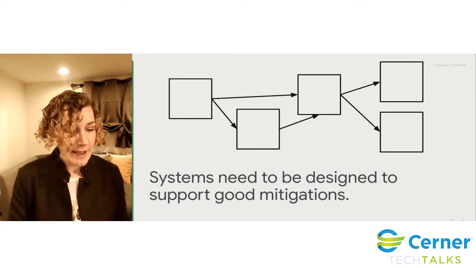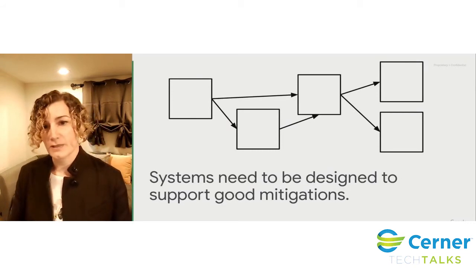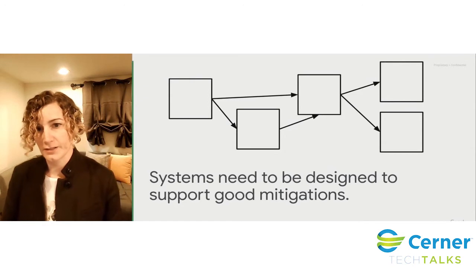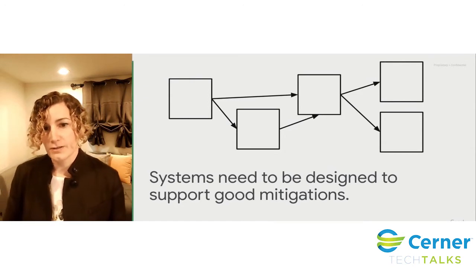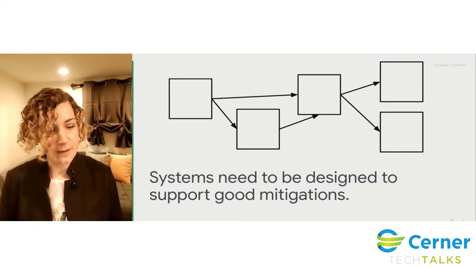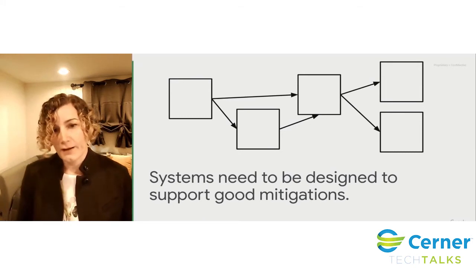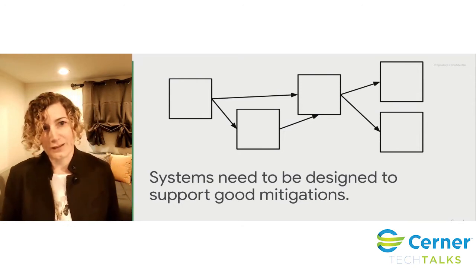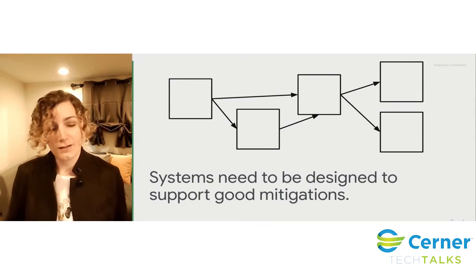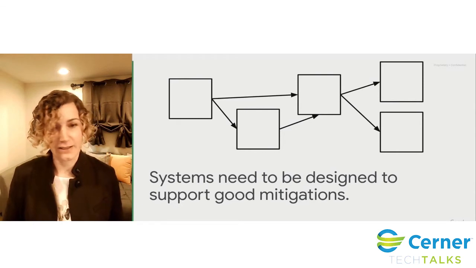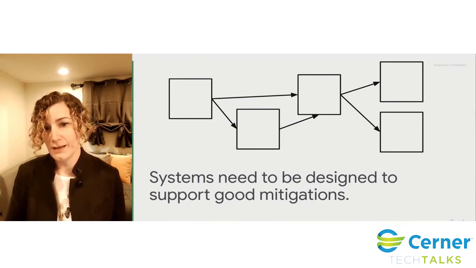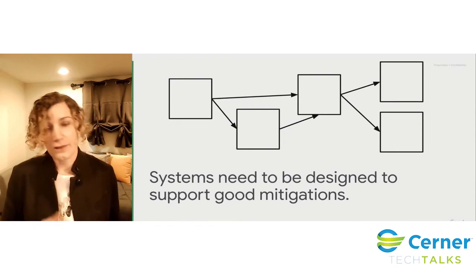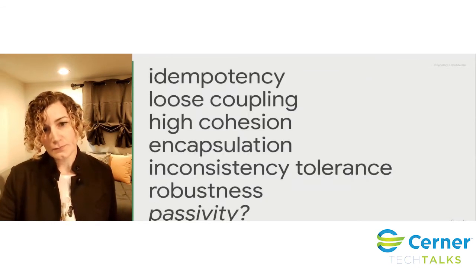Now, the bad news I have is that I do believe systems need to be designed to support good generic mitigations. I think it's really hard to tape these on at the end when you've missed some essential characteristics of a well-designed system. That isn't to say that if you're working on what you would call a legacy system, you're completely lost, like you can't do anything. What I would say is to try to find pieces of that system that you can manipulate and then refactor and evolve over time to build more and more of these.